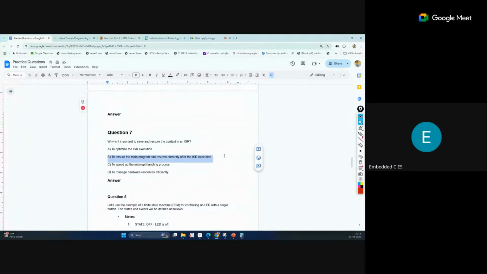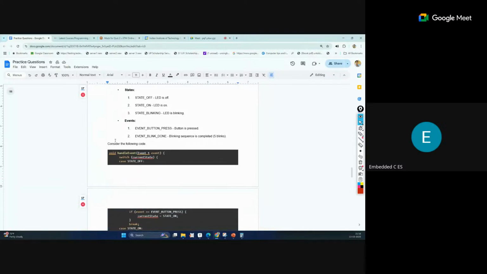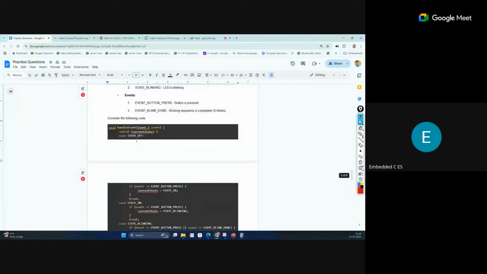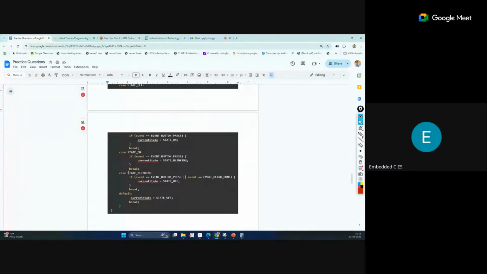Again, this is similar. This is the same FSM question. What we are asking is: which of the following transitions would occur if the current state is state blinking and the event is blink done? So the current state is state blinking, which is the case that matched.